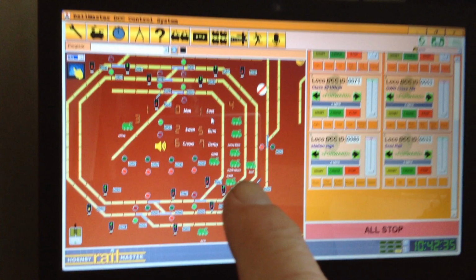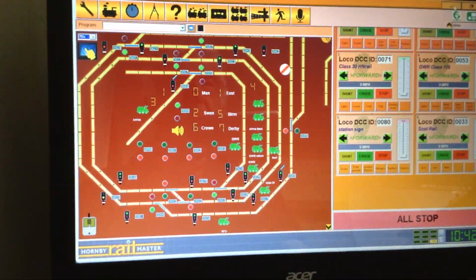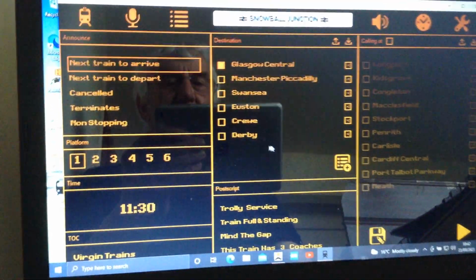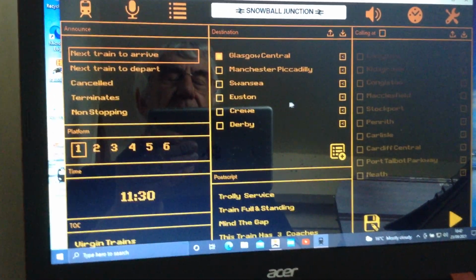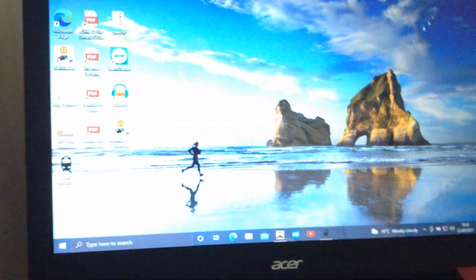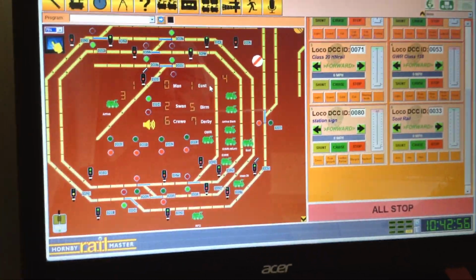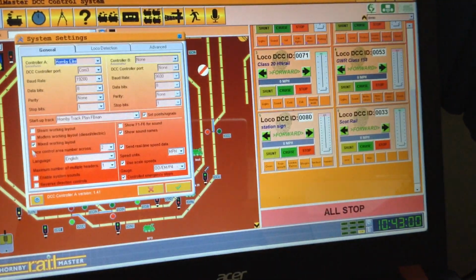As I said, I've shown you how to do the first part. So what you do is you bring it up on this bit here, and you do all that bit, and then you record it, you put it into Railmaster, and it works as I've just done. So what I'm going to do first of all, it's just something that a gentleman asked me about, is if I just put this right for a minute,